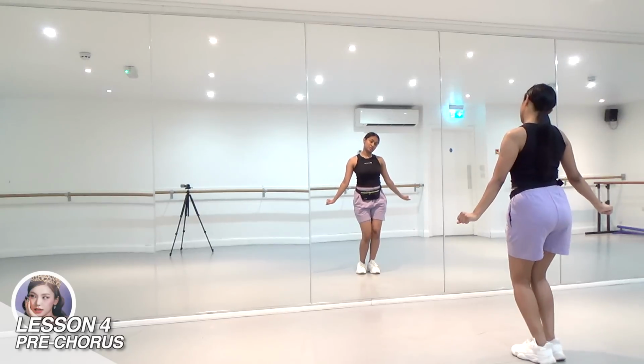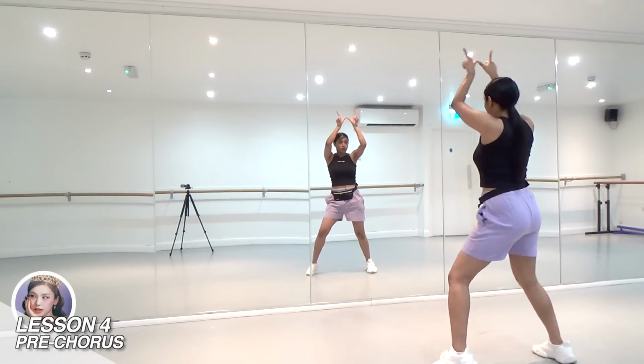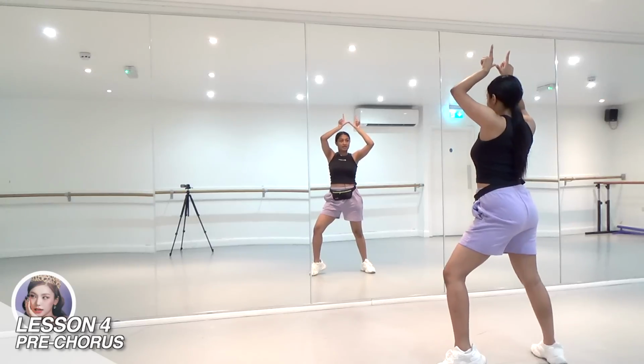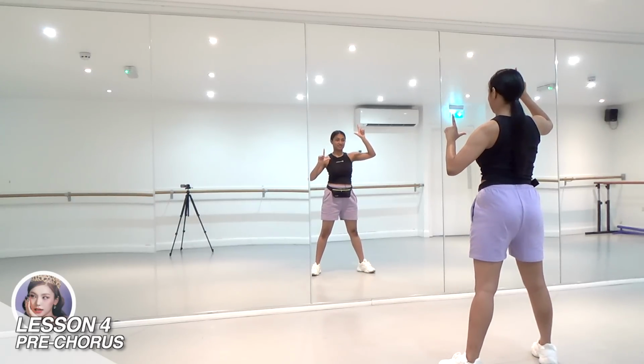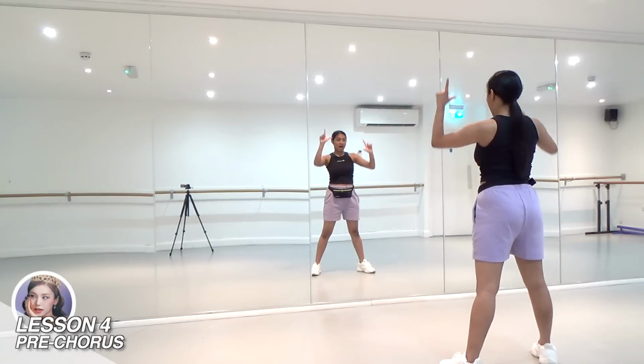So from here, 6, this will go 7, 8, and 1, 2. Now from here, we're gonna straighten out our legs, and then we're gonna bring our hands like this. Have the left on the bottom and the right on the top. This is going to go 3, and